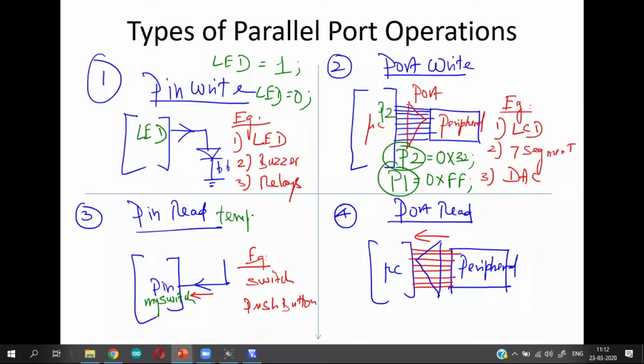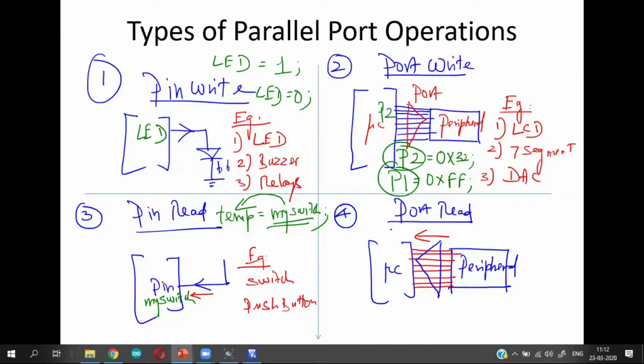So temp is equal to my switch. Whatever value is available in my switch is read into a variable called temp. Temp has to be a single bit data type, because we are reading a single bit value from my switch. So this is pin read functionality.